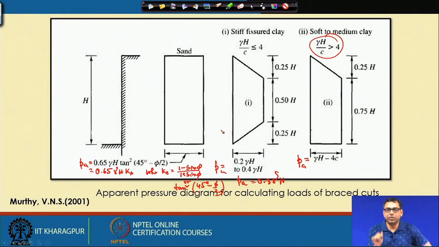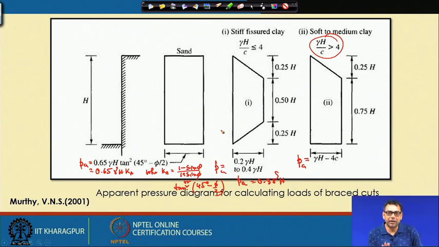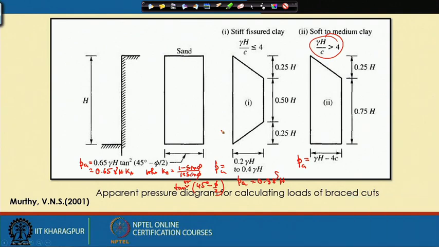These distributions will help us calculate the strut force, the bending moment coming on the wall, and the bending moment coming on the beam. This is a simplified approximate method by which we can determine those things. I will discuss this with a problem in the next class, showing how we determine the axial force and bending moment of a braced excavation constructed in either clay or sand. Thank you.